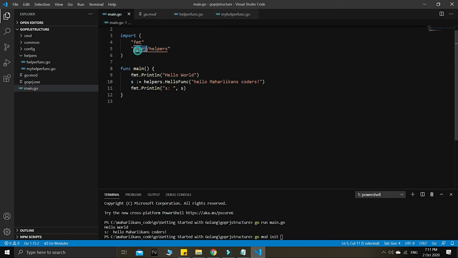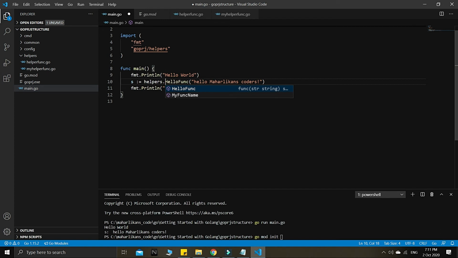Every time you call these internal packages, the cmd, common, config, helpers, this time we demo with the helpers. So you import like this: the project name, the module name, and then your individual package name, which at this moment is the helpers package. And then you can use helpers dot